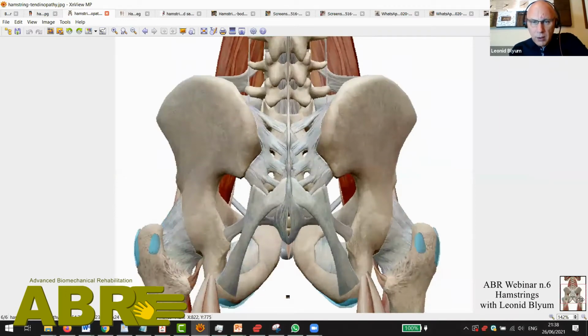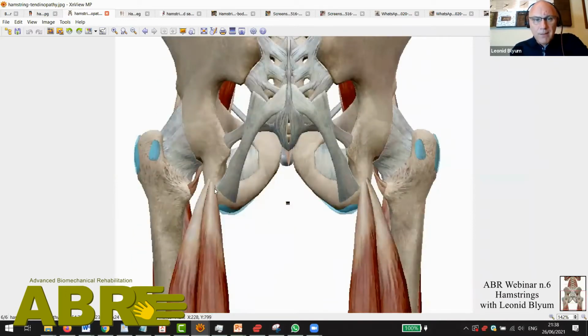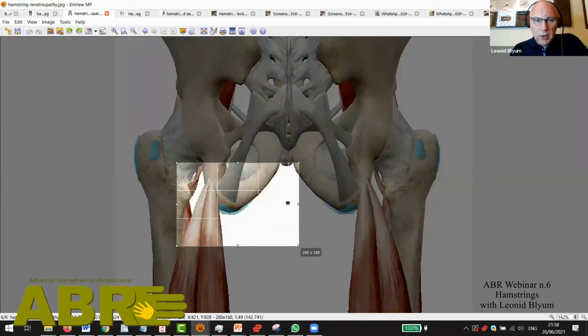If I zoom in, it's still kind of artificial, but you can see that the point of attachment, this whole area of attachment, is very blurred. See, it's critical. The attachment in this area